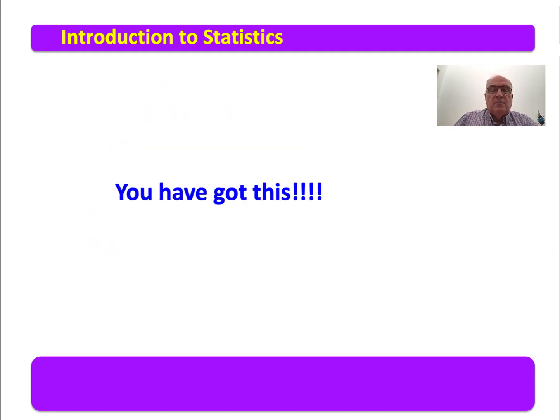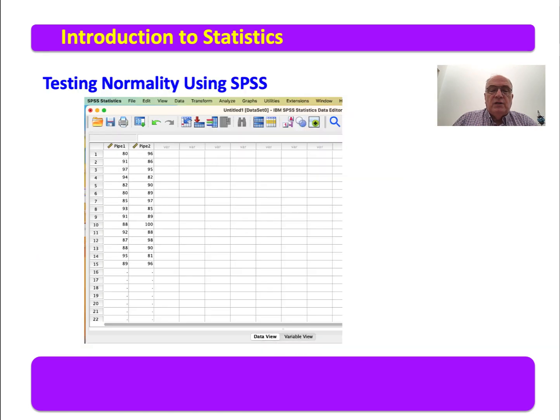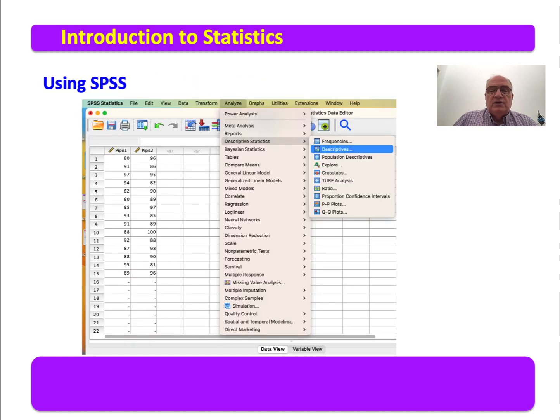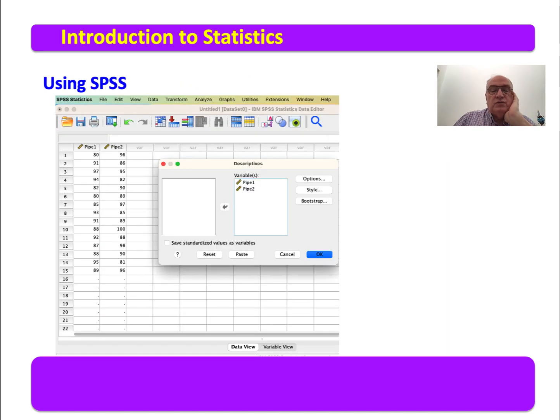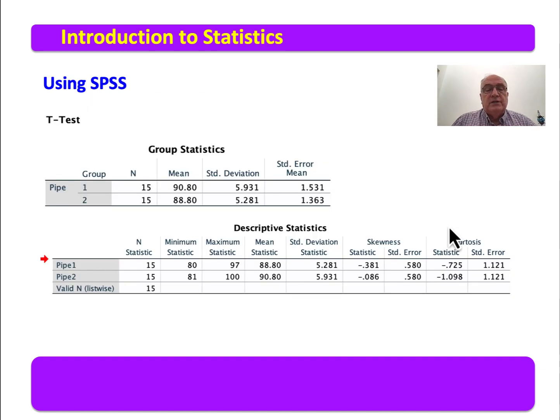So state the null hypothesis. I will show you how to do that in just a minute. But I want to remind you that you've got this. Using this software is so easy. You just go through and you tell it what you want. You have to set it up properly. Setting up the test is different than setting up to do the descriptives and get your skewness and kurtosis, so you can tell whether it's approximately normally distributed or not. You don't have to panic. All you have to do is be able to set it up, run it, and evaluate the